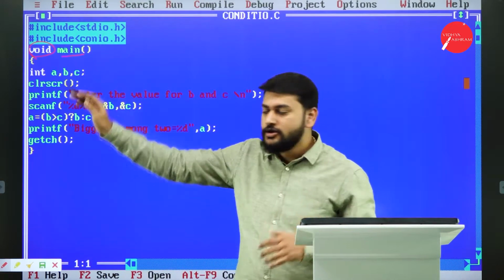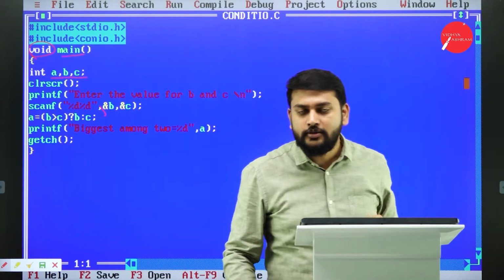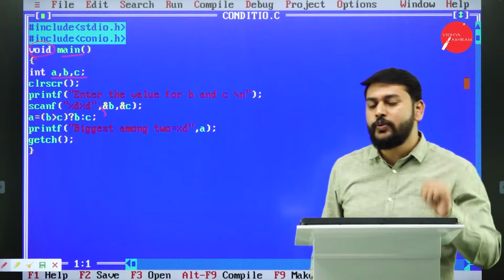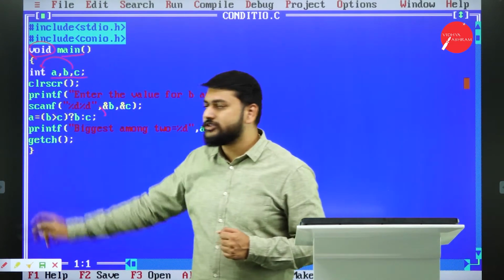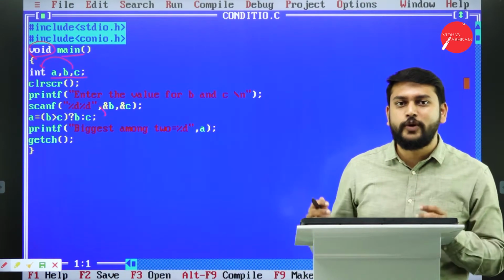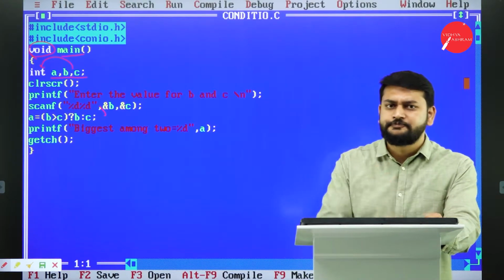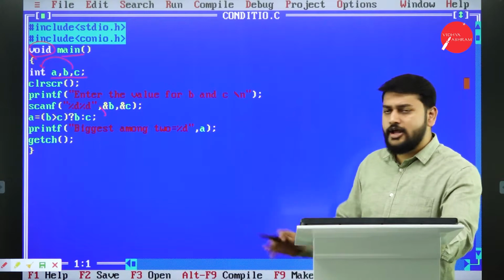All right. So fine. I have taken how many variables here? I have taken three variables. Of what type? Of integer type. Then what is the meaning of this? I have to deal with only integer values with these variables. That's what you need to remember. So fine. I've taken the variables, and int is a data type. All of you know that.